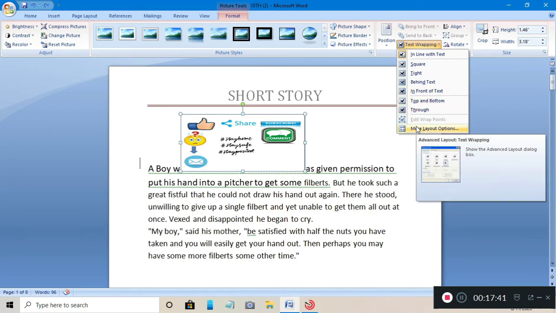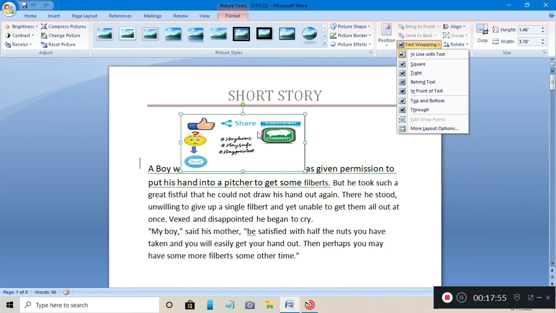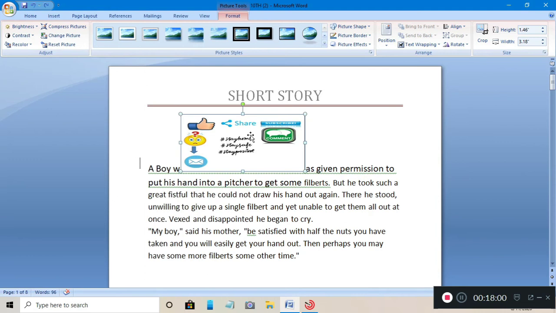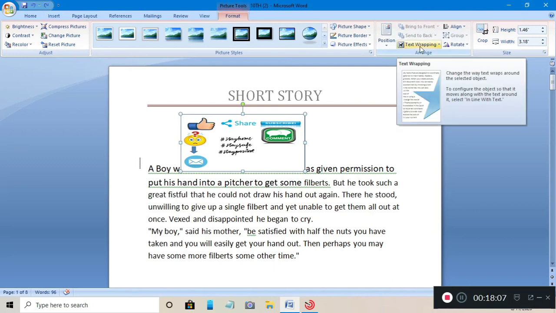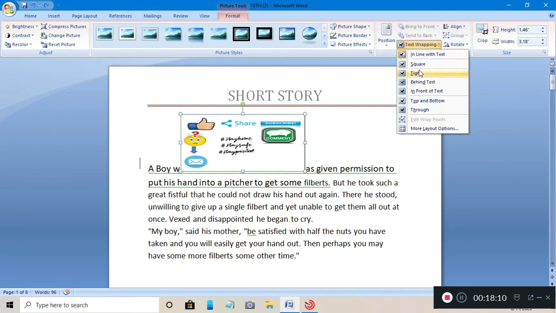Basically, what is wrapping? You might have heard of wrapping your book, wrapping a gift, to cover up that thing. Wrapping means to cover up. So how can we cover up this small picture in our document? First select the location where you want to keep it and go to the format option. Here you will find text wrapping. Now you can choose any wrapping, like I want to choose a square one.